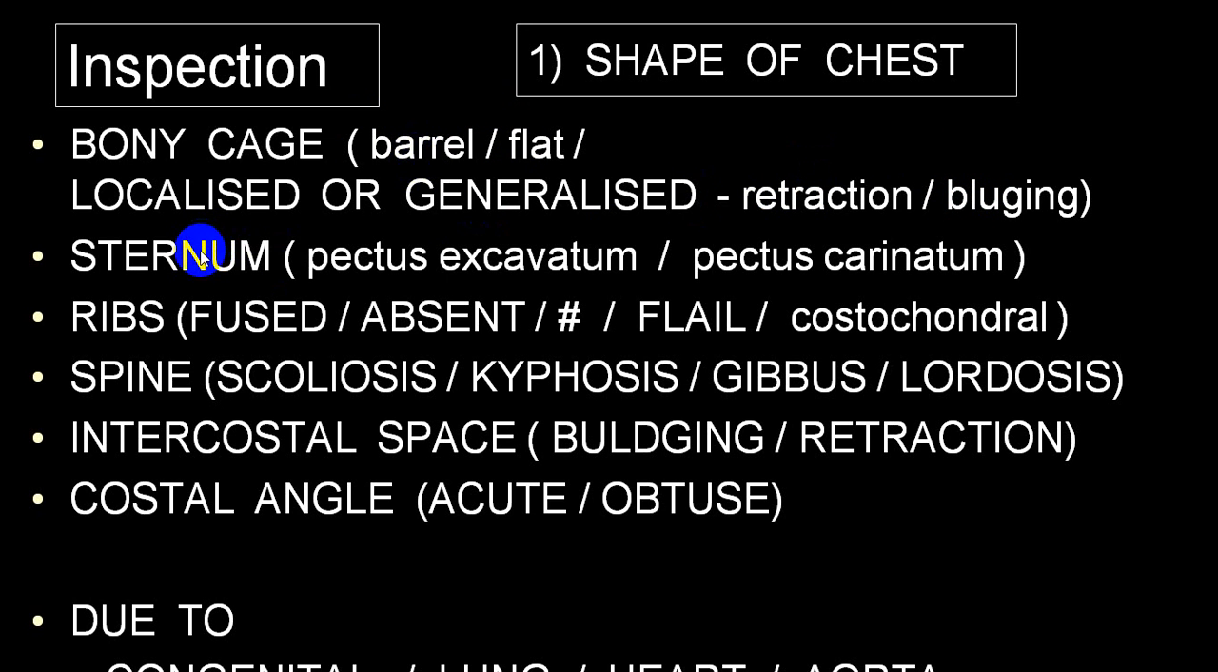As far as sternal deformity is concerned, if there is internal bulging of the sternum, it is called pectus excavatum. Sorry, internal. It is called excavatum, and when it is bulged out, it is called pectus carinatum. Ribs can have a congenital deformity like fused ribs. Sometimes a rib is absent,